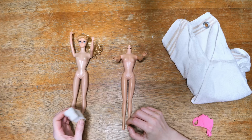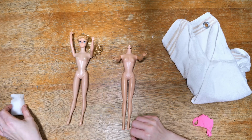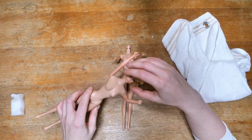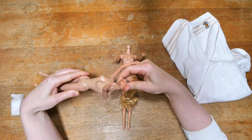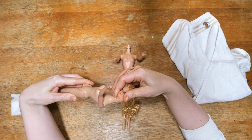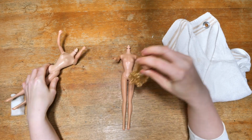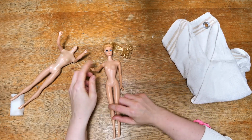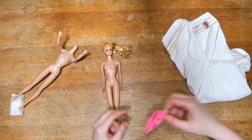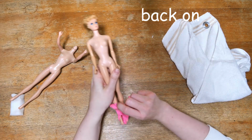So now that we have cleaned here the body with our little sponge, let's rebody the head. Now the repair project is finished. We can put her bathing suit